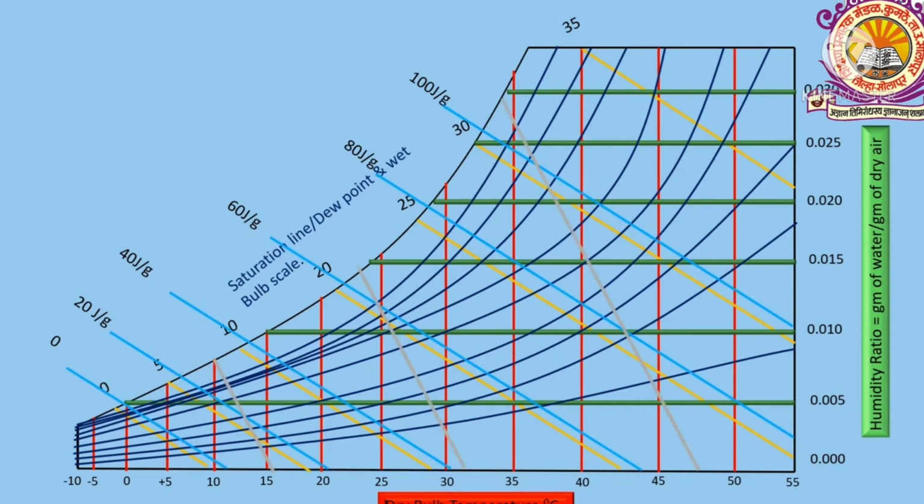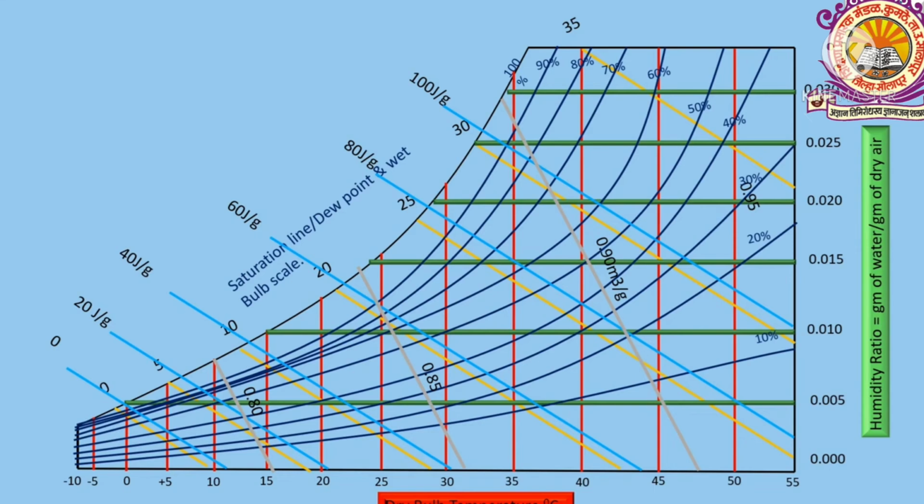And when we extend these wet bulb lines to the enthalpy scale, it gives the enthalpy of the air, along with the constant specific volume lines. So these are all the lines which we have drawn on the psychrometric chart showing all the properties. When we know any two properties, we can locate the point on the graph, and with respect to that point, we can find the other properties of the air.